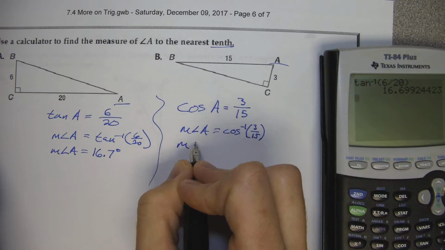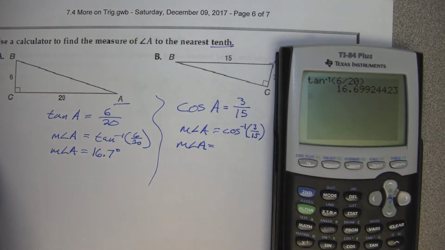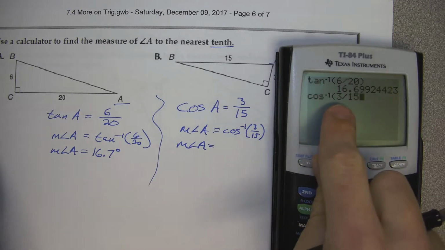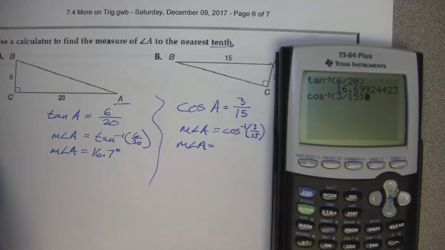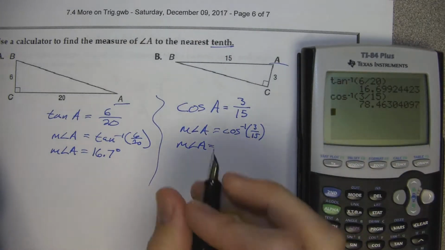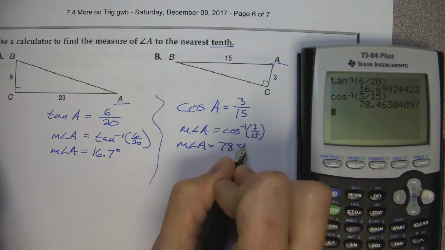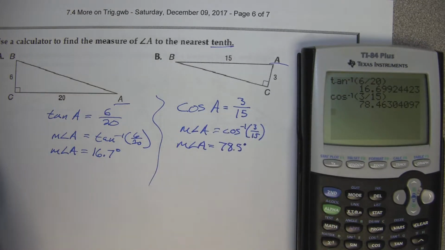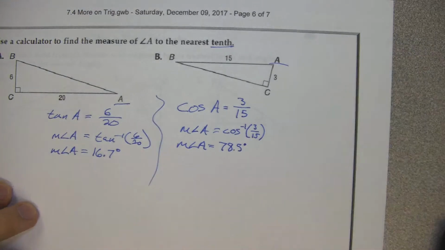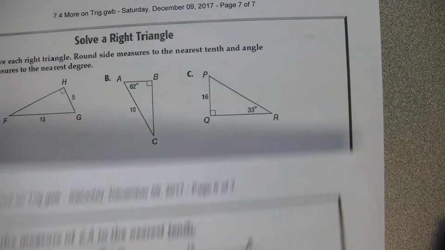So our measure of angle A is, so again, typing it in case you're still struggling here, second inverse cosine, excuse me, not 5, I can't read, 3 over 15. And again, still measuring to the 10th position, so this is going to be roughly 78.5 degrees once we round. All right? Pretty easy stuff, especially if you got a calculator. Now, last but not least,